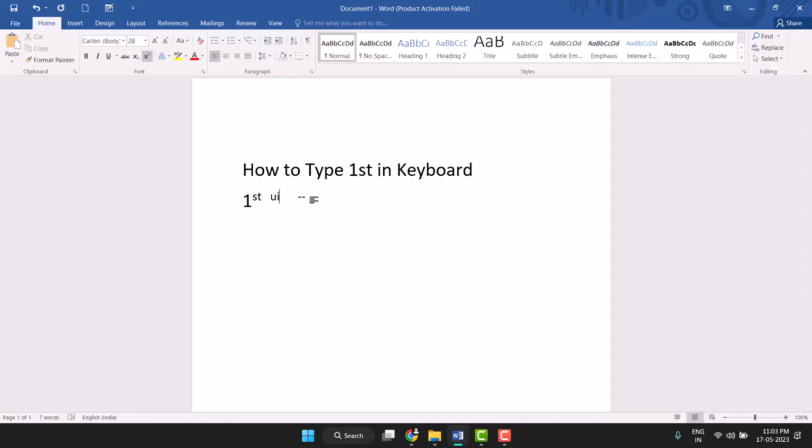And now you can type any letter. So this letter will be in small letter. To turn this off, click on this and you can again press Control Shift plus is equal to. So this is turned off and you can now type normal letters here. So this way you can easily type "first" using the keyboard, and the second way to